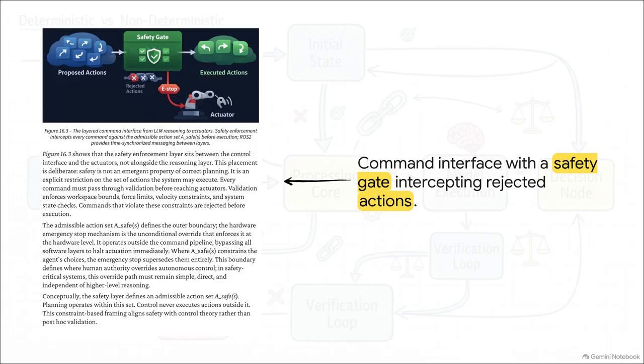Think about robotics for a second. This is the ultimate no. An independent safety gate intercepts and physically rejects actions before they hit the real world. The LLM might propose a movement, sure, but if it violates velocity constraints or physical bounds, that safety gate blocks it before it ever reaches the actuator. The system's ability to say no is physically hardwired, ensuring the robot doesn't accidentally launch itself through a brick wall just because the AI thought it was a good idea.